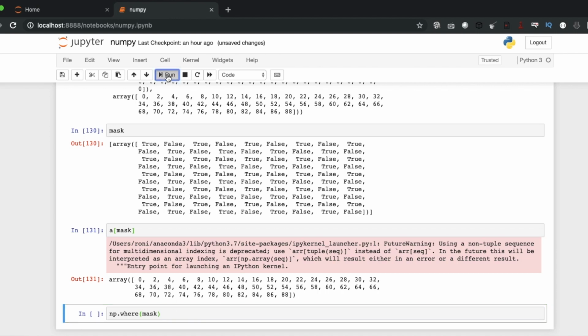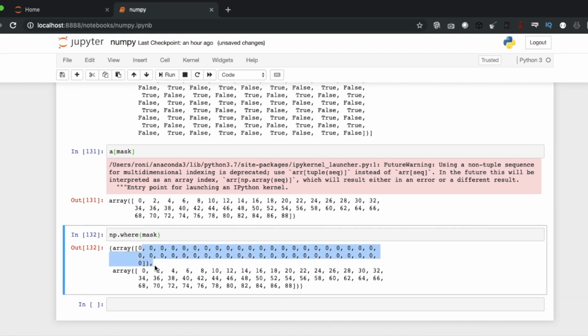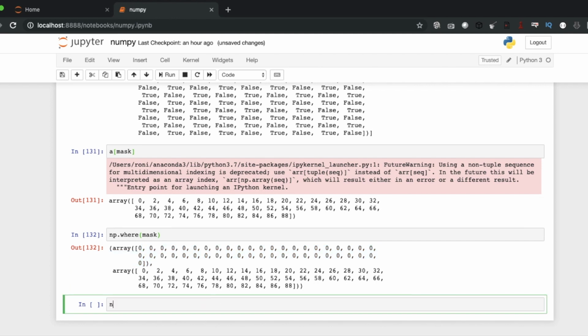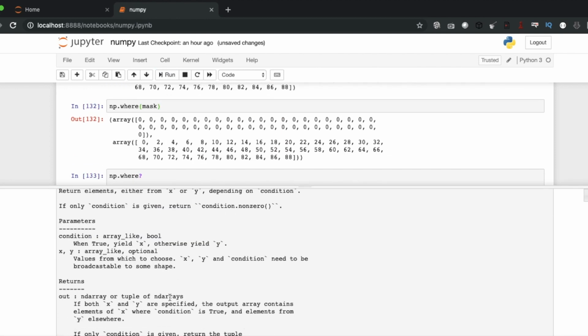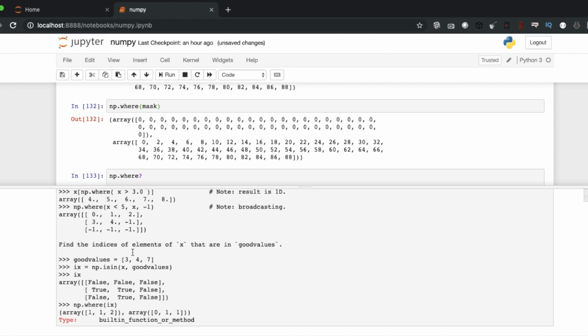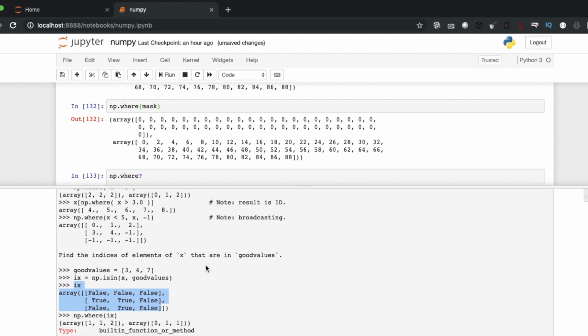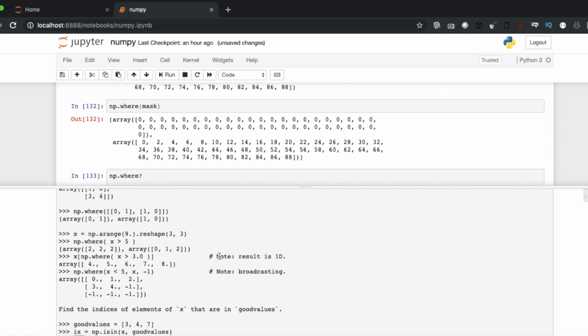I'm not sure why it is not printing this. Let me try np dot where, is in x dot good values. I'm not sure about good values.